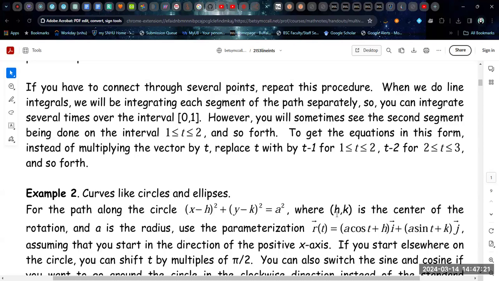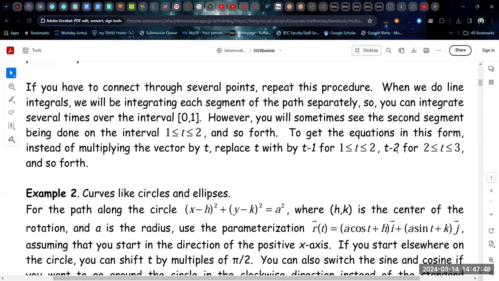Now, in some cases, you will see examples, particularly in textbooks, where they will try to make the t's consecutive. And so one segment will be from 0 to 1, and then the next segment will be from 1 to 2, and the next segment will be from 2 to 3, and so forth. If you choose to do that, then on the next segment of the curve, simply replace t with t minus 1 for the interval 1 to 2. And if you're on the interval 2 to 3, replace t with t minus 2, and then follow the same